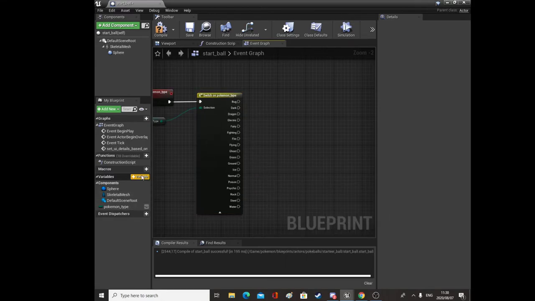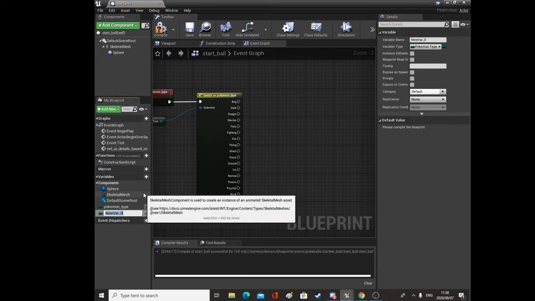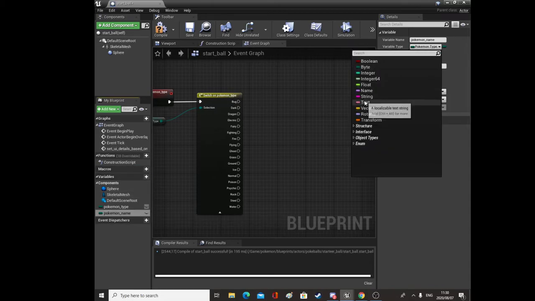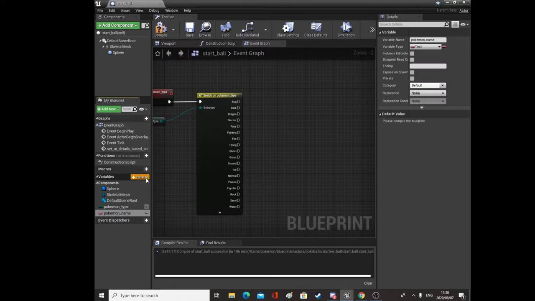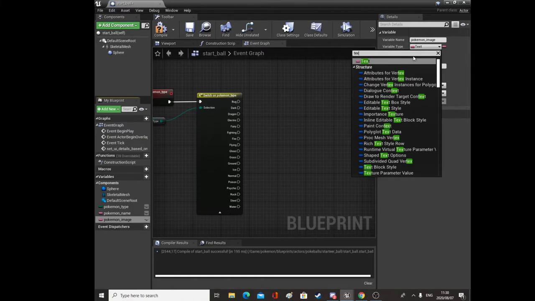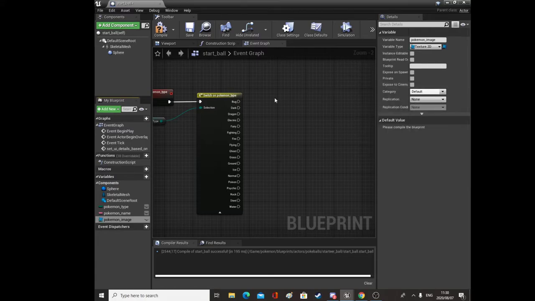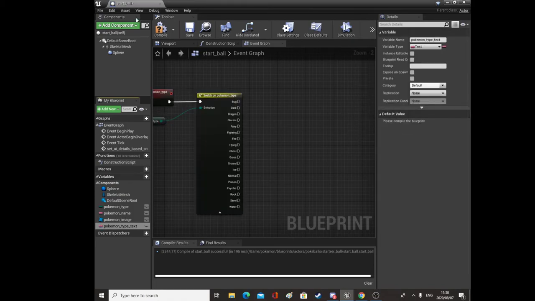Okay, so we're going to create a variable and we're going to call this Pokemon name, and we'll make this of type text, and we'll make another variable and we'll call this Pokemon image, and this will be of type texture 2D object reference, and another variable we'll call Pokemon type again, but we'll call it Pokemon type text this time, and we'll make it of type text. Okay, so then when we do the switch, what we want to do is